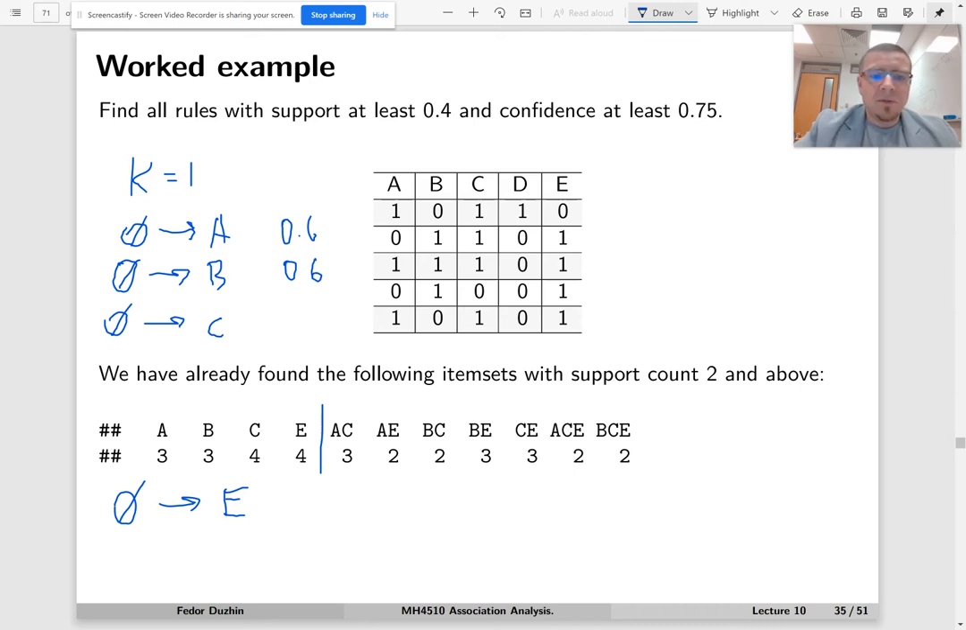And for C and D, the support count is 4. So the confidence of the same rule is going to be 0.8, 0.8, which is okay. So these two are not included for A and B, and for C and D, they are included. Okay, so we have done rules for